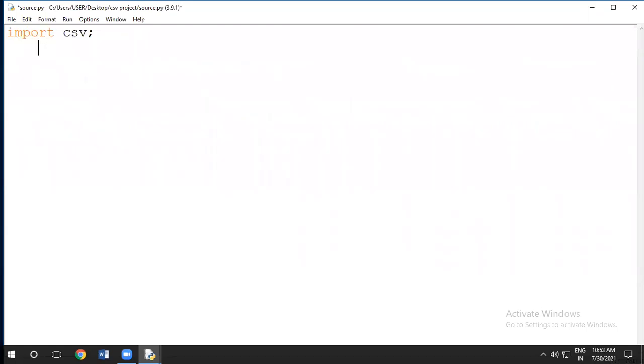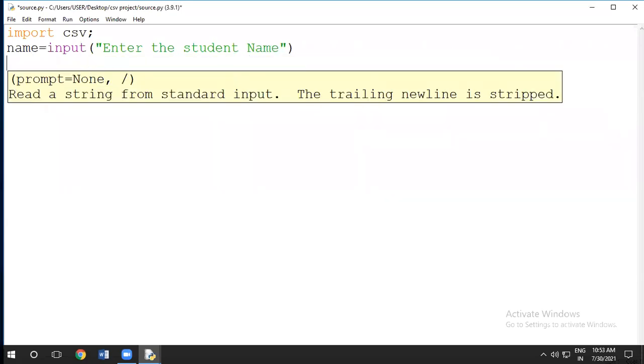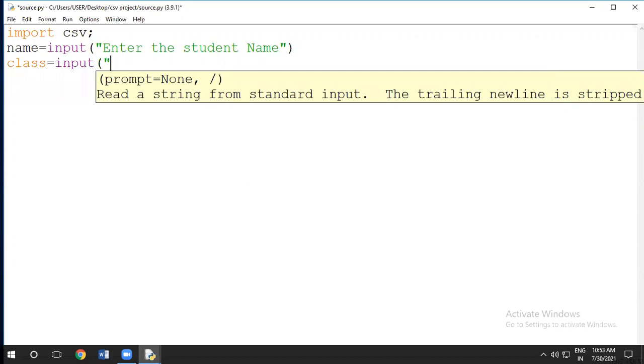For example, here I have taken name is equal to input, enter the student name. And I have taken class is equal to input, enter the class of a student.